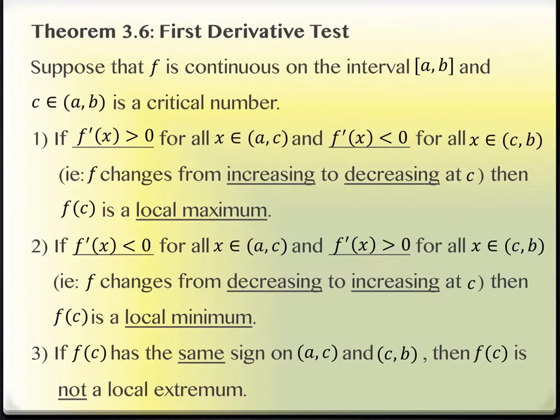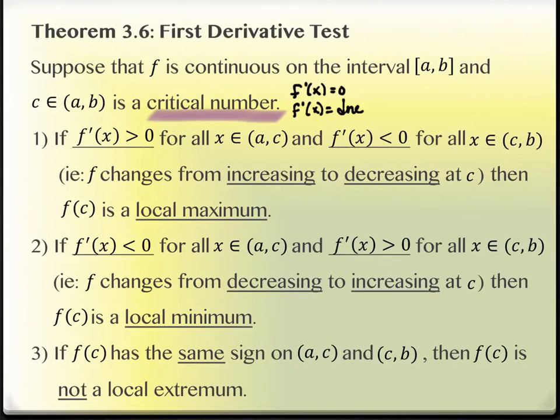Okay, so we've got a continuous function on [a, b], and c is a critical number. So remember, critical number means that the derivative is equal to 0 or the derivative does not exist. Okay, that's what a critical number is. So if we have a critical number somewhere in the interval,